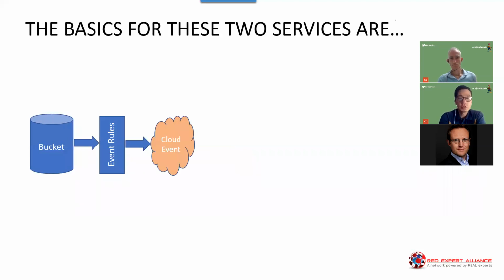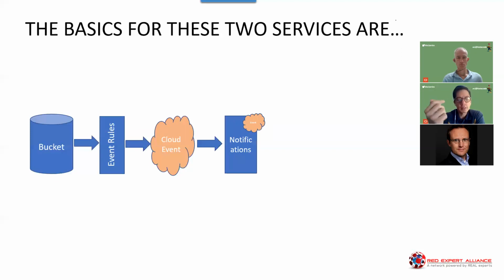So imagine that you create a bucket. You can assign a rule for that event about the bucket creation. Every time that rule matches, because maybe it is every time you create a bucket with a specific name, then you want to trigger something, and you create a rule for that. That is going to publish a cloud event. And this is relevant because that cloud event is actually a standard cloud event, which is based on the CNCF events. Once you have the cloud event, you can